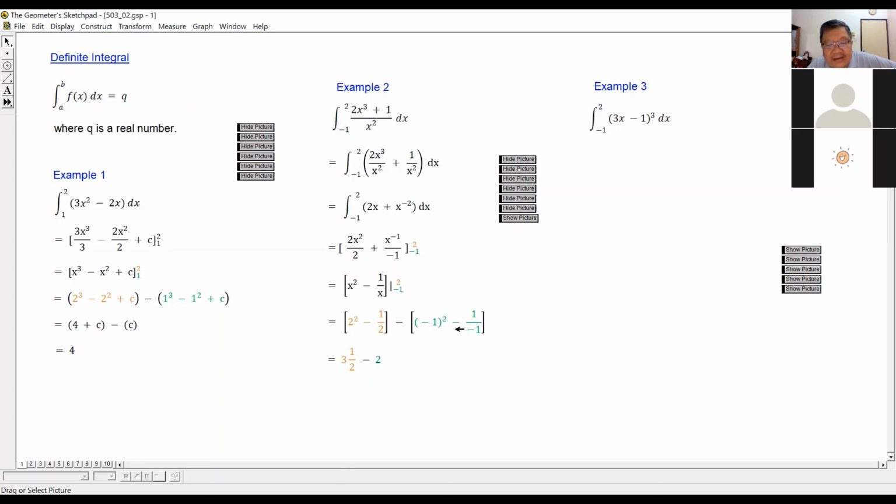The second bracket: 1 plus, negative is plus, 1 plus 1 is 2. But you have to use the first bracket minus the second bracket. That's why we have 3.5 minus 2. And how much is that? 1.5. Any question on